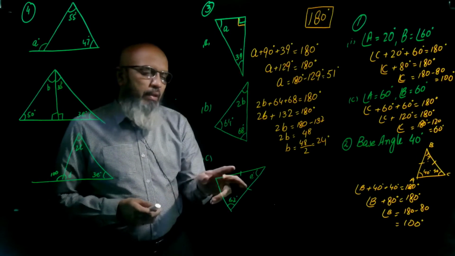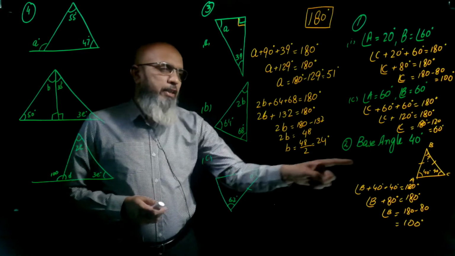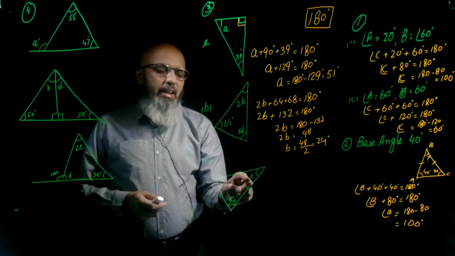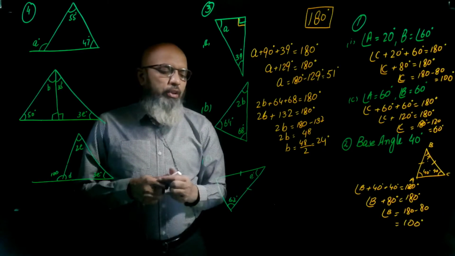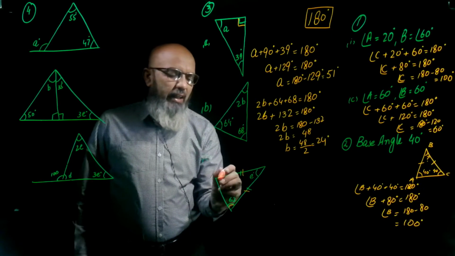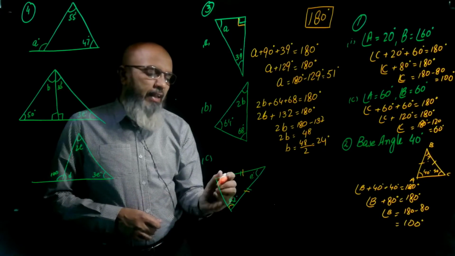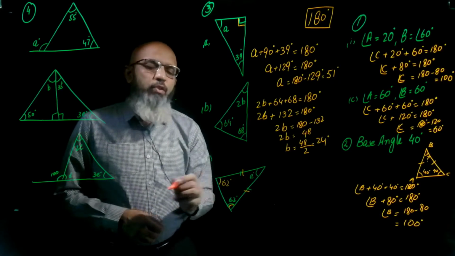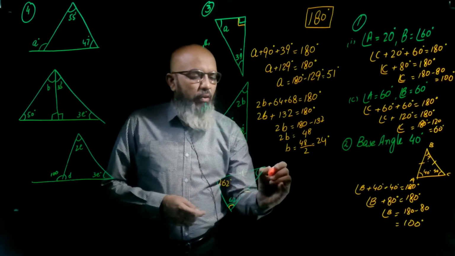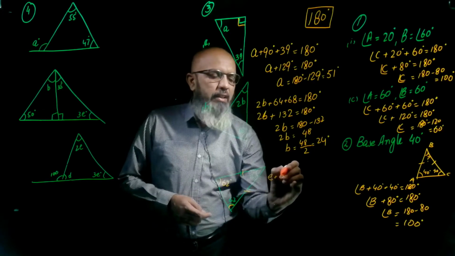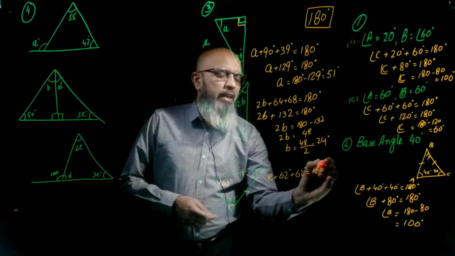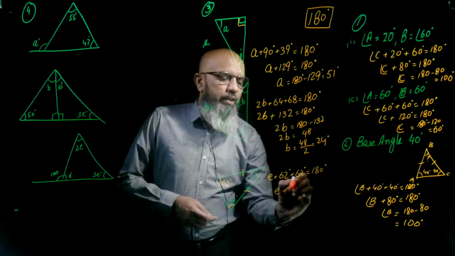What type of triangle is this one? These two signs mean, as I explained to you, that this is an isosceles triangle. So this angle is unknown. These two sides are the same, this side and this side. So it means this angle and this angle will be the same. This angle is 62. So this angle will also be 62 degrees, right? So what will be your equation? Your equation is E plus 62 degrees plus 62 degrees is equal to 180 degrees. Easy questions.